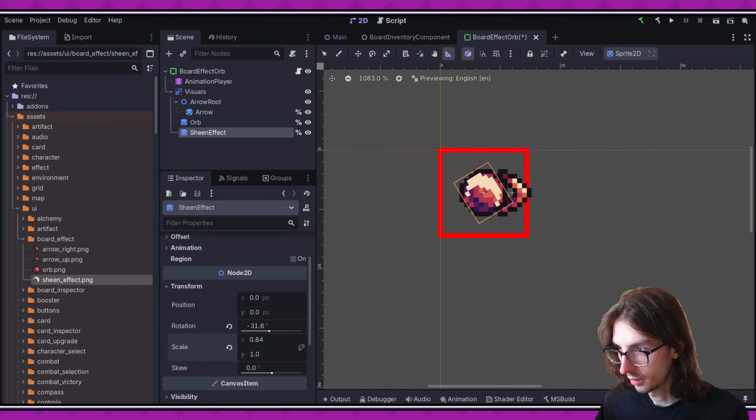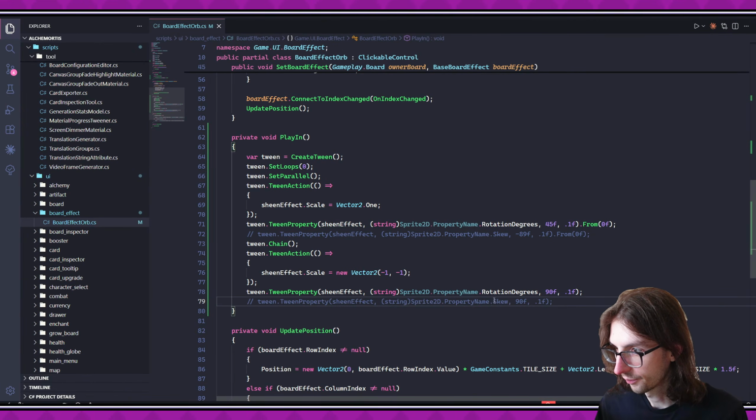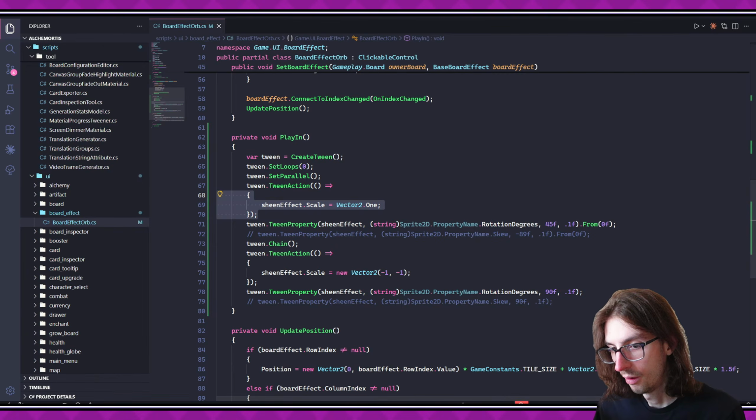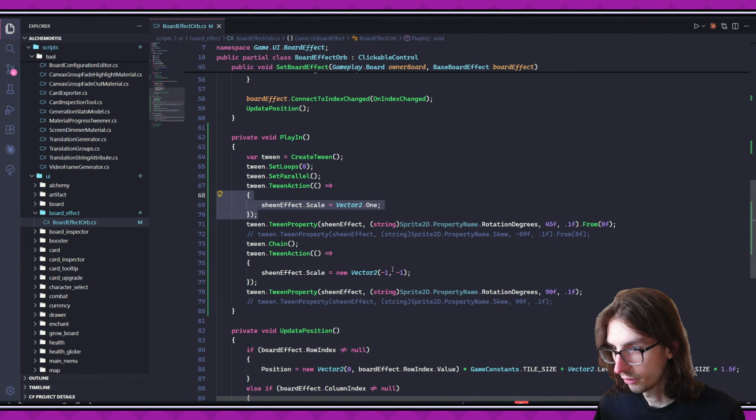Rotate this way. Maybe that's all I need to do, just rotation and scale. So let's get rid of this skew. How was I rotating this? Negative. So